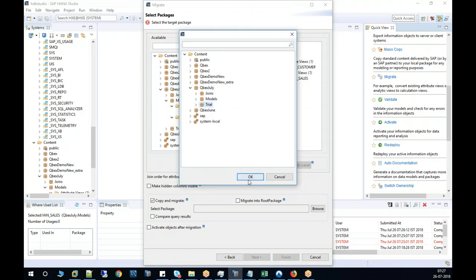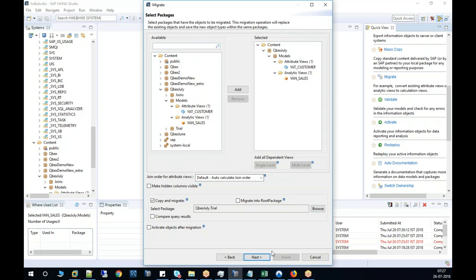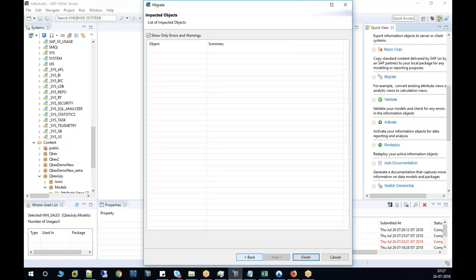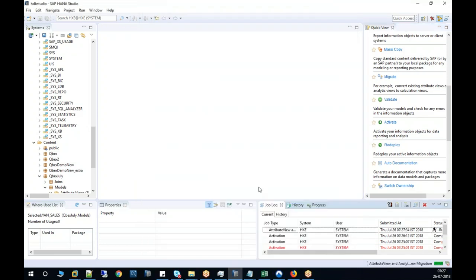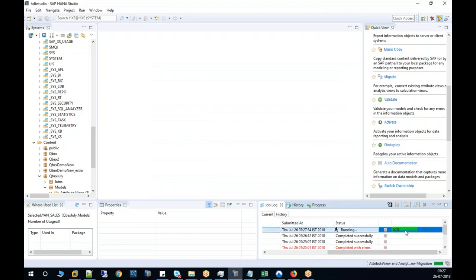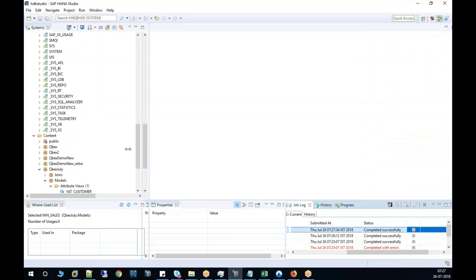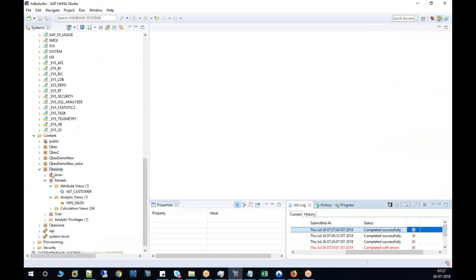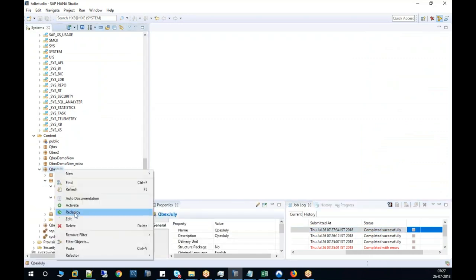QX July trial. Okay. Activate objects after migration. So it is running. Done. If this is done, I should have a copy. If I just refresh this,